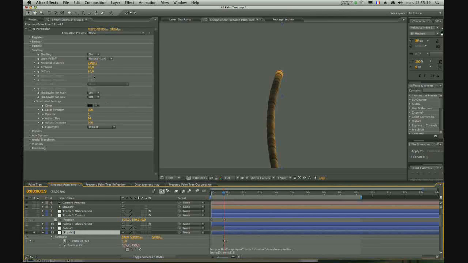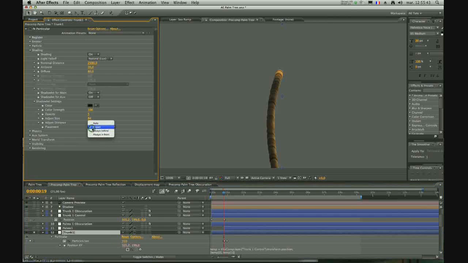For the shadow light settings, you have to choose the placement. By default, it's auto, but if you want to be sure that the light is controlling the shadow light settings, you have to choose project. Okay,